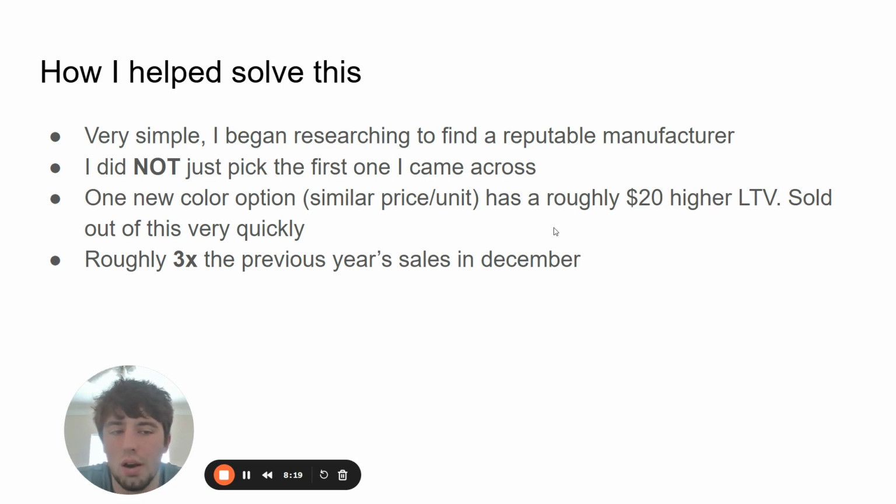So this product, even with the price raise and everything, we sold out of the few hundred units that we had left over from our initial order for this color option pretty quickly. We'd ordered about 500 units of this color, and we sent 200 to a distributor in a different country, as they were placing a fairly good size wholesale order.